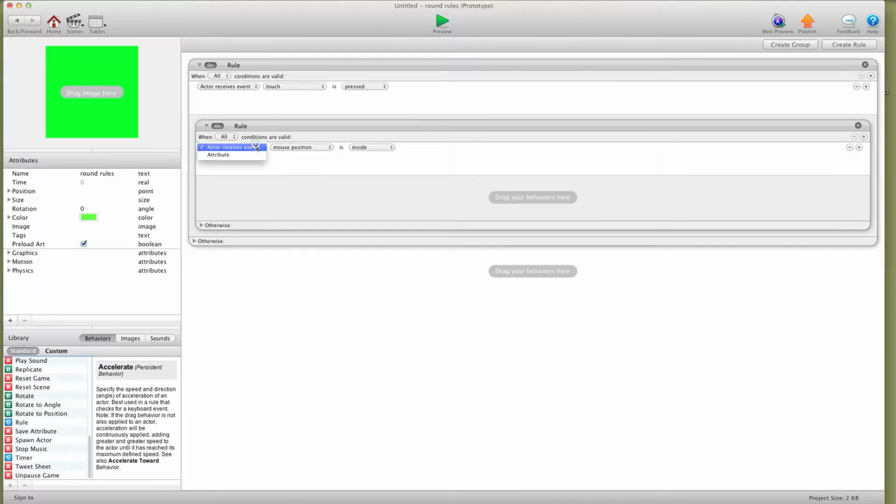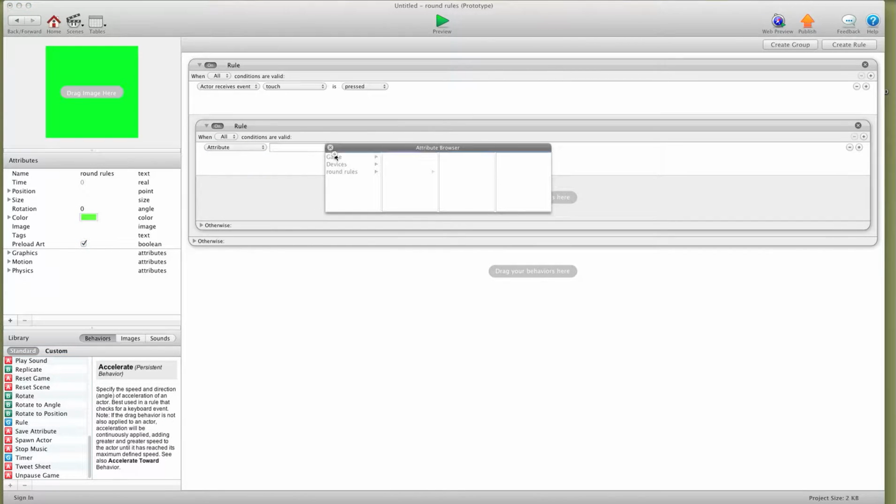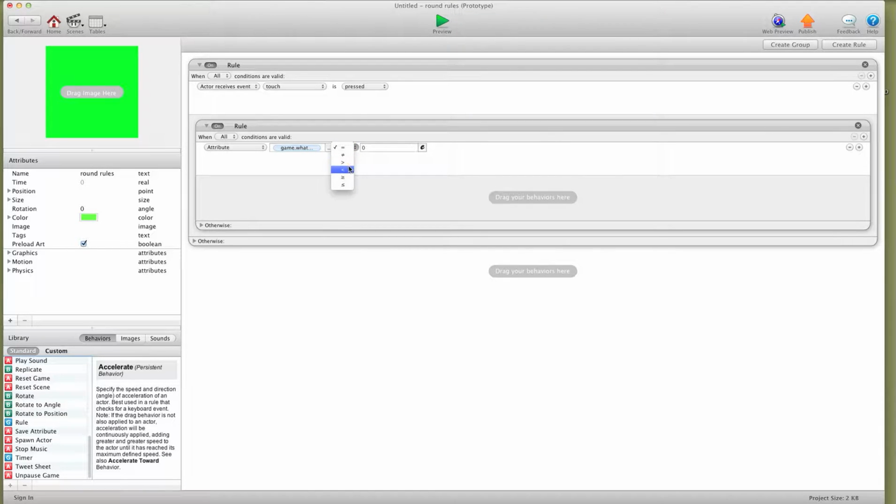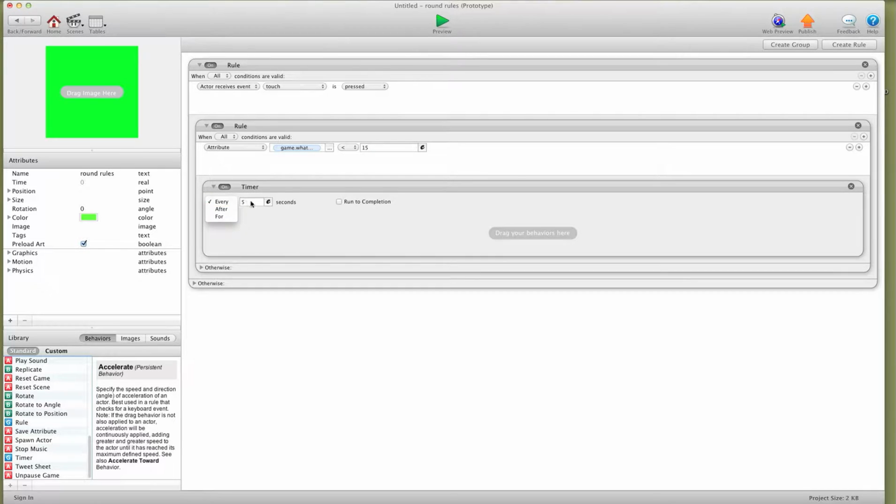And we're going to say if attribute game what location is less than 15, because we have 15 cards, we're going to go timer every, and I want this to be fairly quick. I'm going to go 0.05. Run to completion. We're going to spawn actor,